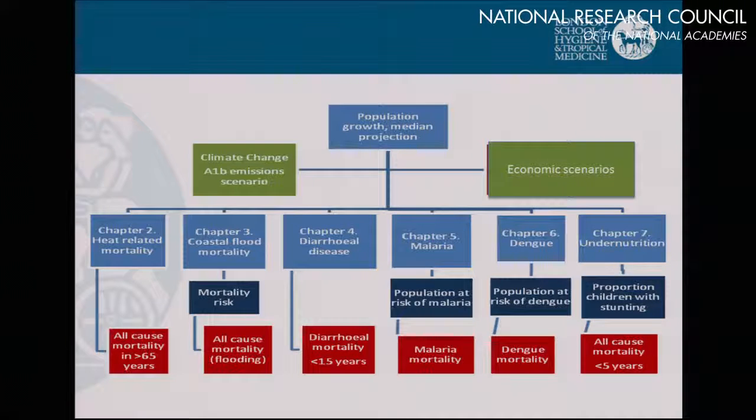So this is the kind of overall framework. If you look along the red, these are the outcomes that we looked at. The other thing, of course, is that we know climate change affects a whole range of things. But when you're modelling it, you have to balance confidence, quality and robustness as well. So we did have a level of robustness that we felt these models had to meet before we included them. So some models that we worked on were not included, okay?